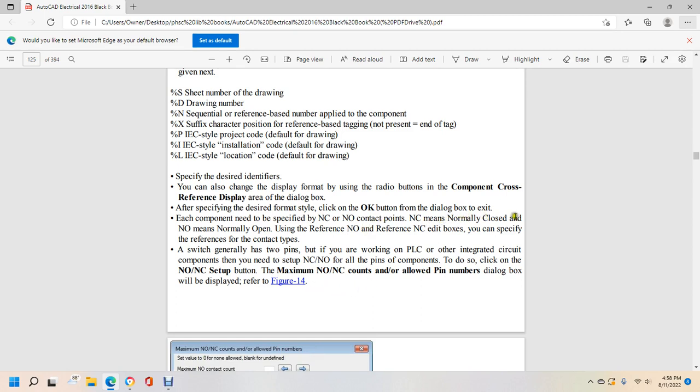NC means normally closed, and NO means normally open. Use the reference normally open and reference normally closed edit boxes. You can specify the reference from the contact types. Switches generally have 2 pins. If you're working with a PLC with integrated logic components, you need the normally closed and normally open